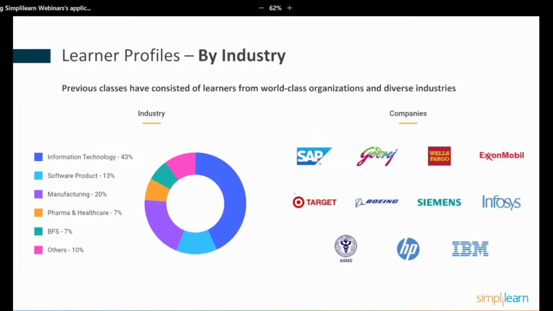Manufacturing, people like Boeing, pharma, healthcare, all of the different sectors of the economy and the industry need to deal with the flood of data from an increasingly digital world, which means they need automated tools using artificial intelligence and machine learning to handle that data.